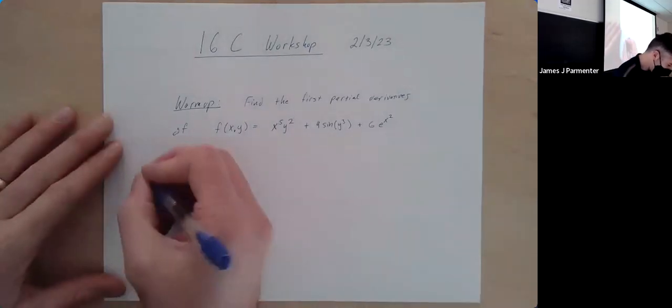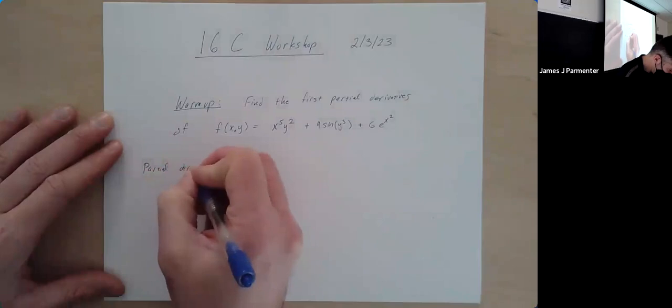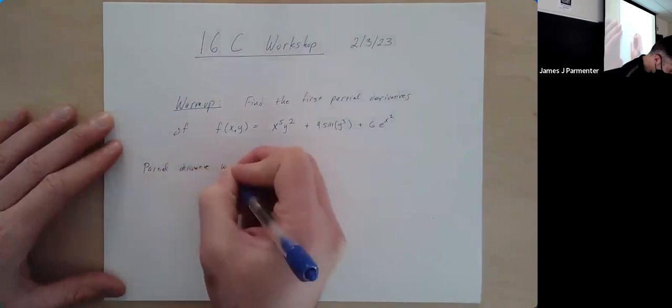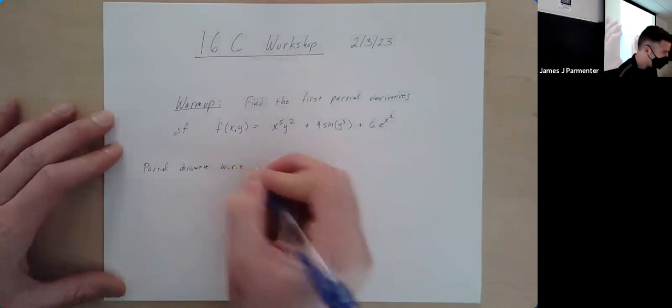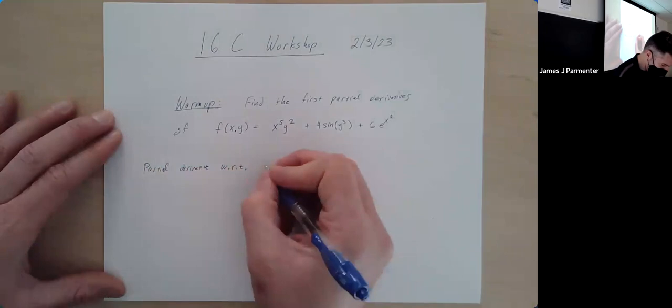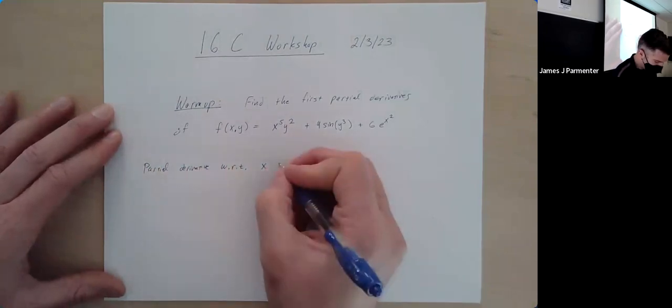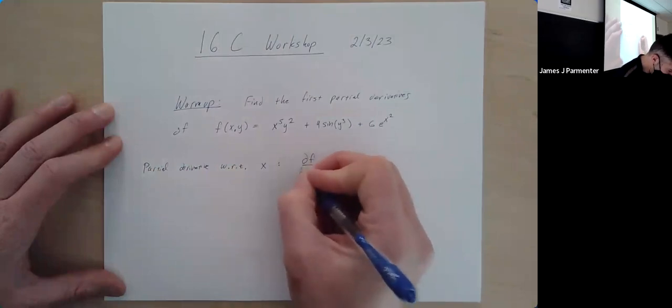But if I want to find the partial derivative with, we often abbreviate "with respect to" as WRT. That just means with respect to. With respect to x, we should be able to write it as either del f del x, which is the